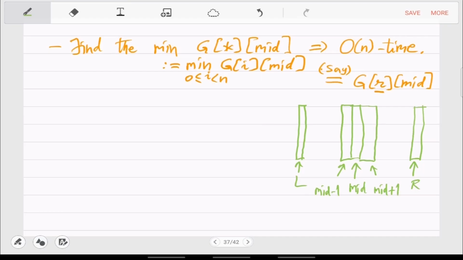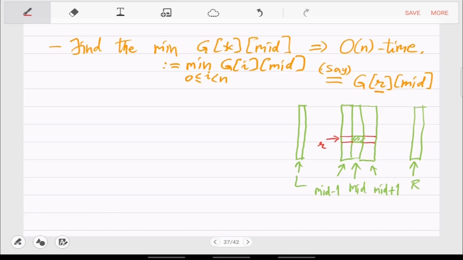So if this is your entry, this is the Rth one. So you have to focus on these two. Right, so this R comma mid is the entry which is minimum in the middle column. So inspired from the 1D array idea, you have to now focus on these two red cells, which are the neighbors in the column previous and the next, in the same row R.